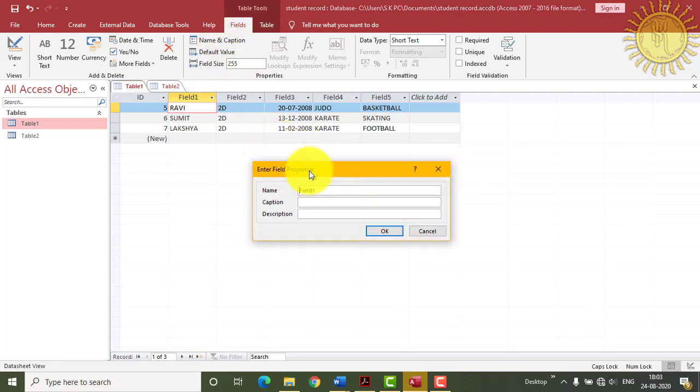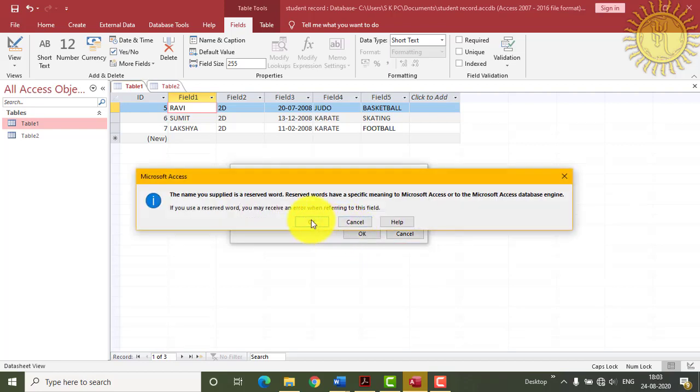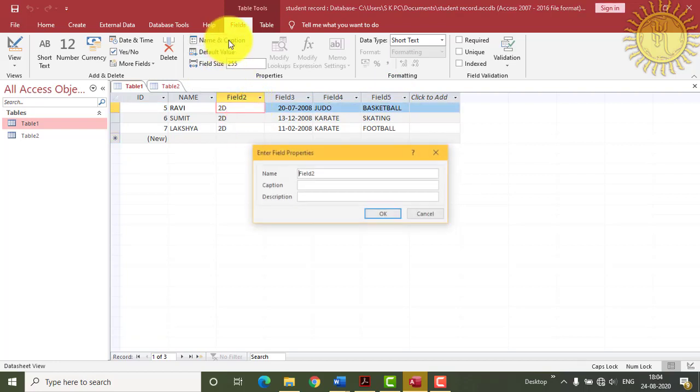Here you can change the name of fields. Type the name and click on OK. You can see here, after clicking on OK, this field name has been changed. Now like this we will change all the field headings, just by clicking on this, going to Name and Caption, and giving the name.